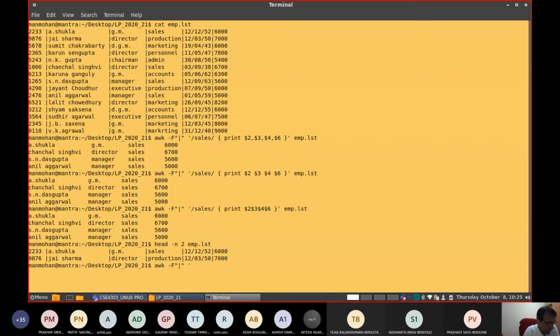Then you can write NR==3, comma, from there line number 6, and close it.